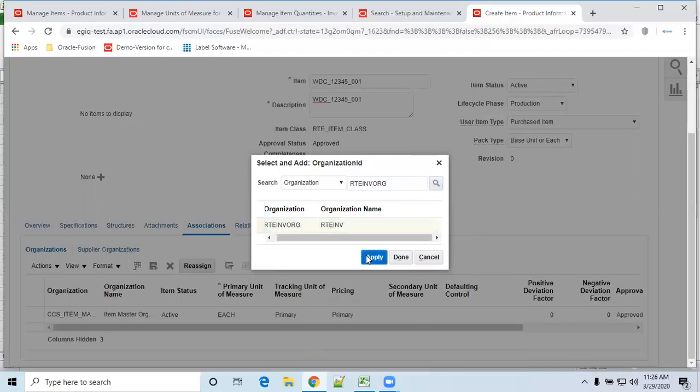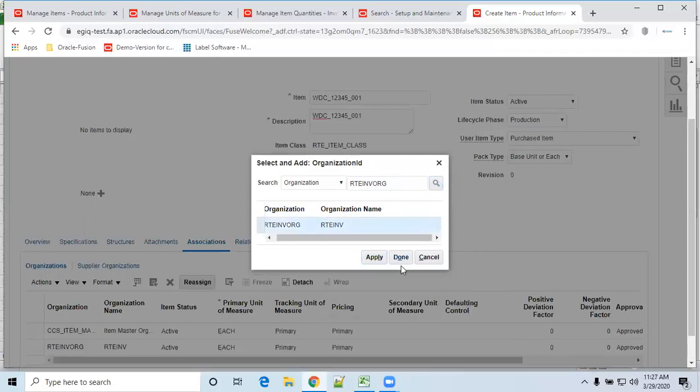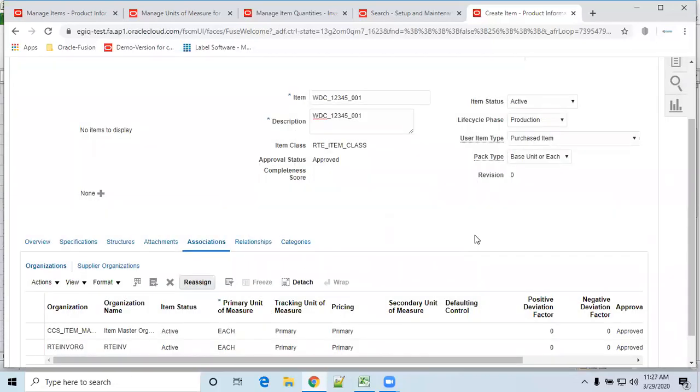Why are other inventory arcs not showing? Because in the item class we allowed only CCS item arc and RT inventory arc. We did not allow the remaining inventory arcs. Once you allow them in the item class while defining the security, the system will allow adding those same inventory arcs in the association tab.